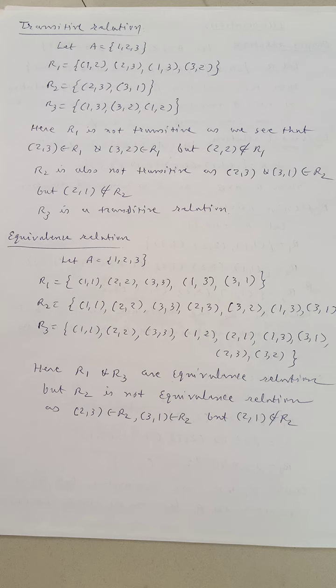So look at one example. Suppose set A, again I choose {1, 2, 3}, and a relation on set A I have written here. R1 is {(1, 2), (2, 3), (1, 3), (3, 2)}. Can you say R1 is transitive? Decide yourself. For example, suppose I start